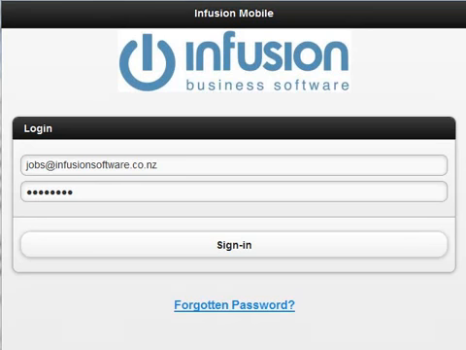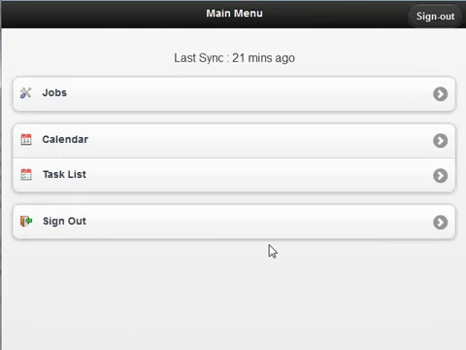The first thing that you see when you use Infusion Mobile is the login screen. We can log in using our email address and our password. Once you've logged into Infusion Mobile, you'll be presented with the main menu. Now this main menu has been cut down so that it only shows the options available for job costing. There are a lot of other features you can turn on or off, but this demo has been particularly aimed